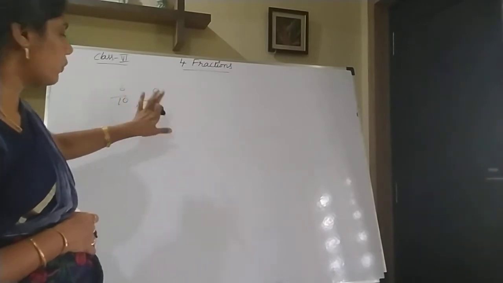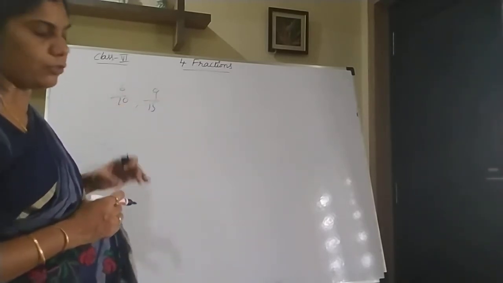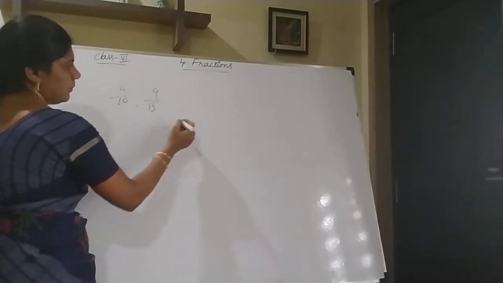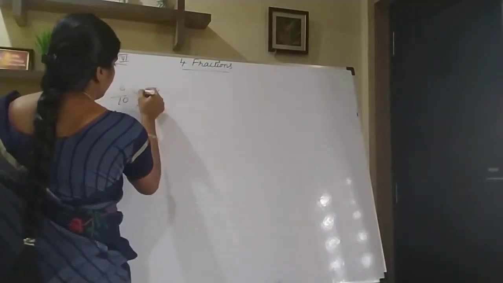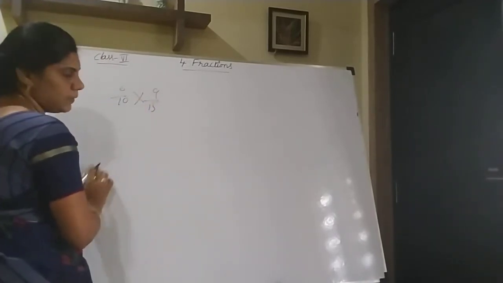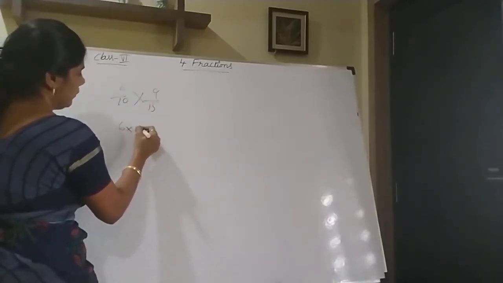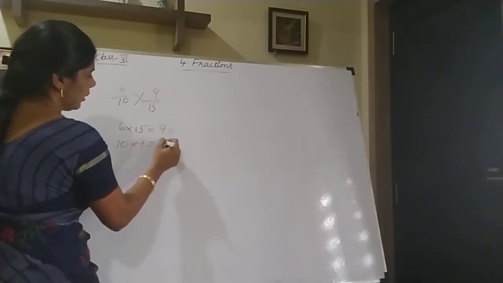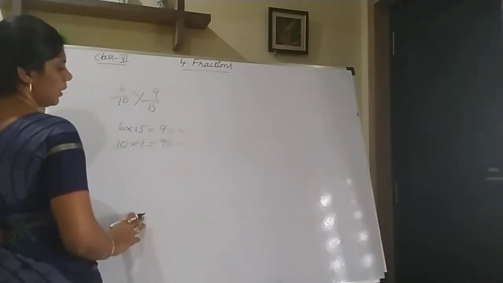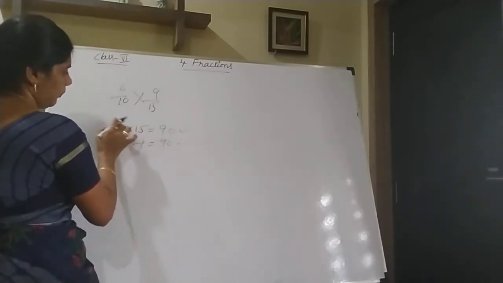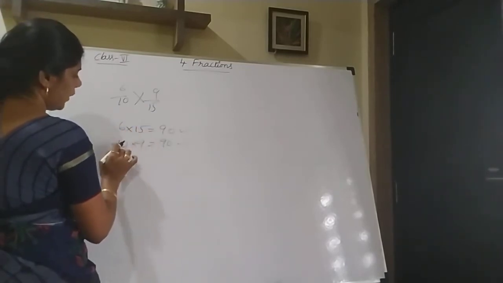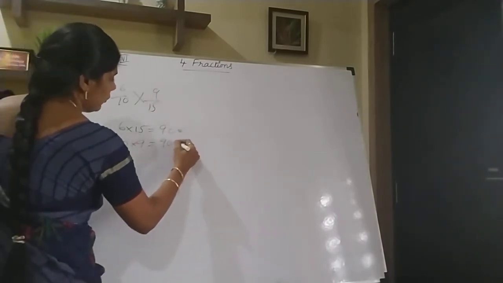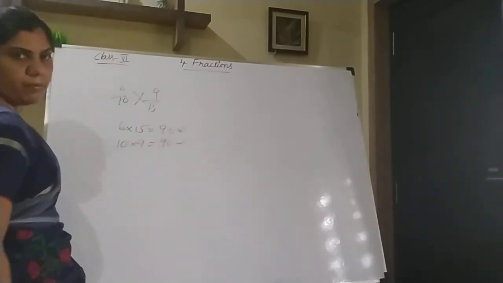Okay, whether the given two fractions are equivalent or not, that we have to find out here. See, 6 by 10, 9 by 15 they have given. What I have said, simply do cross multiplication here. 6 into 15, how much? 90. So 10 into 9, how much? 90. Both the times, in both 6 into 15 and 10 into 9, you got 90 only, same. So at this time you can say the given fractions are equivalent.